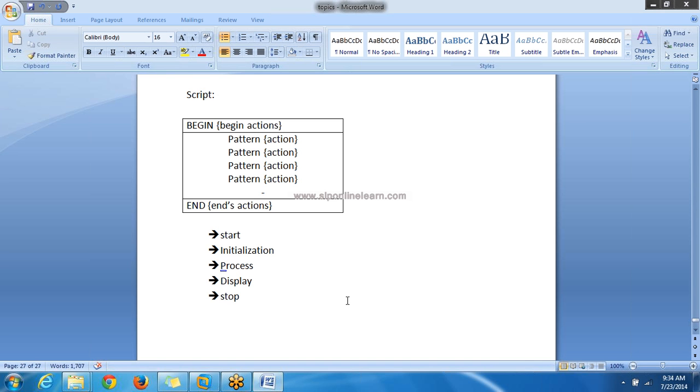While doing the process, based on the requirement, we'll use different statements like process statements, or decision statements, or looping statements, or branching or switching. So different kinds of statements we'll use.